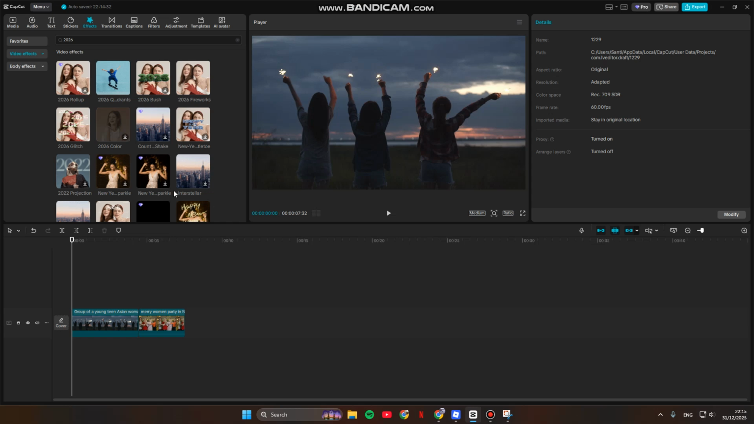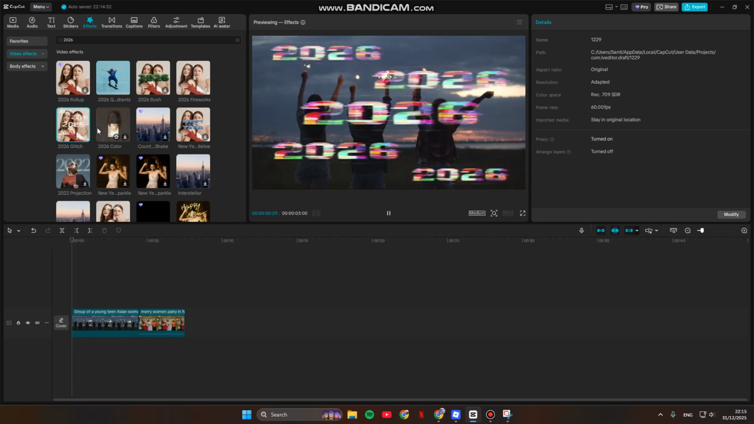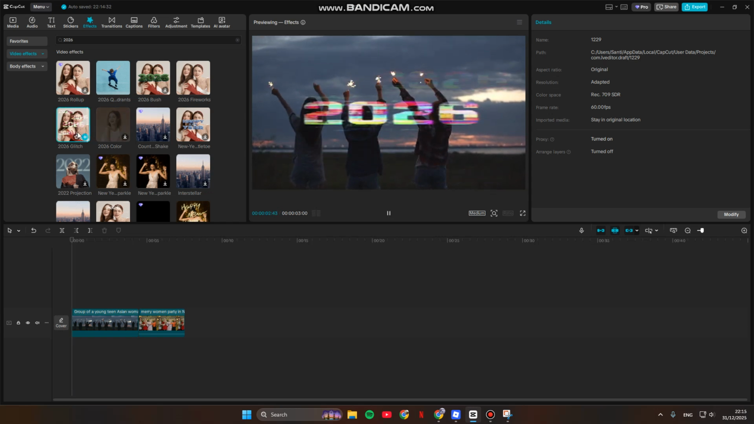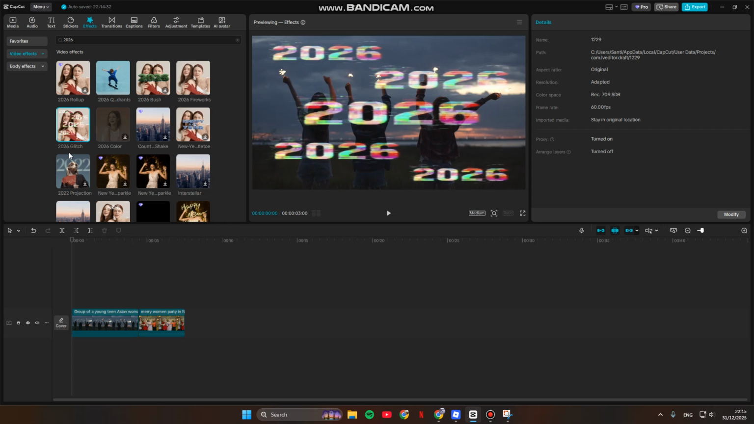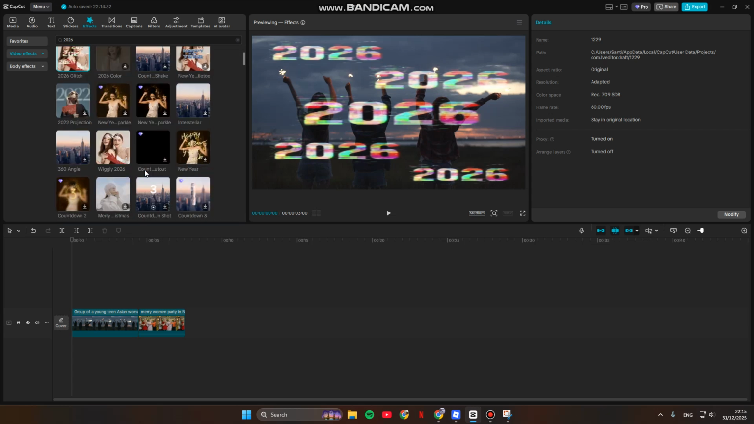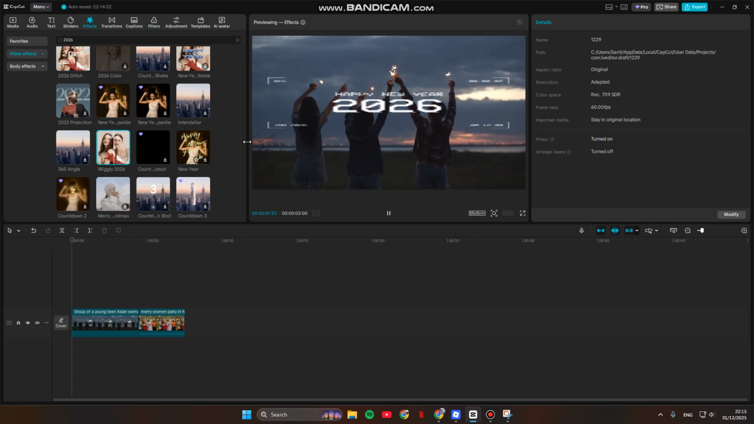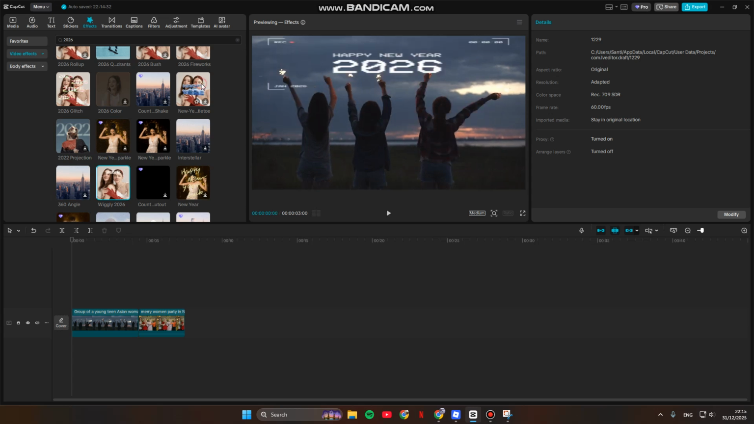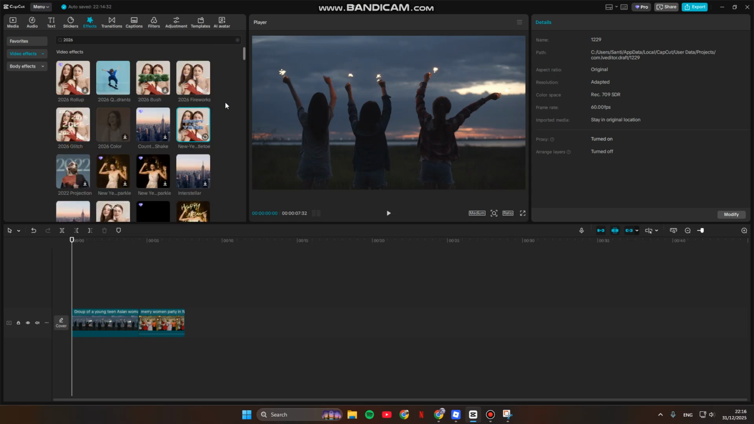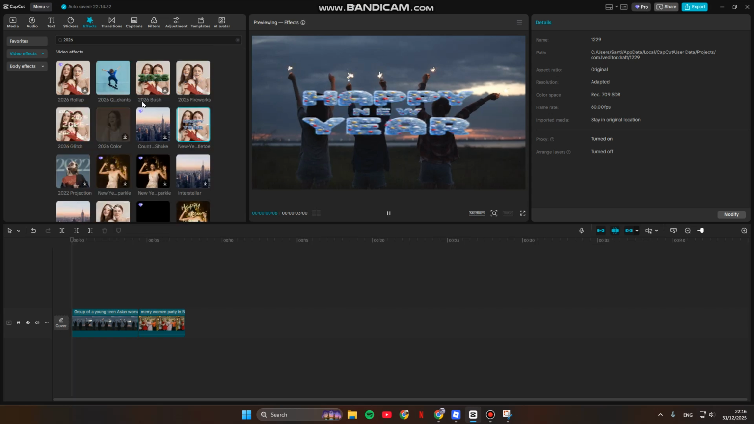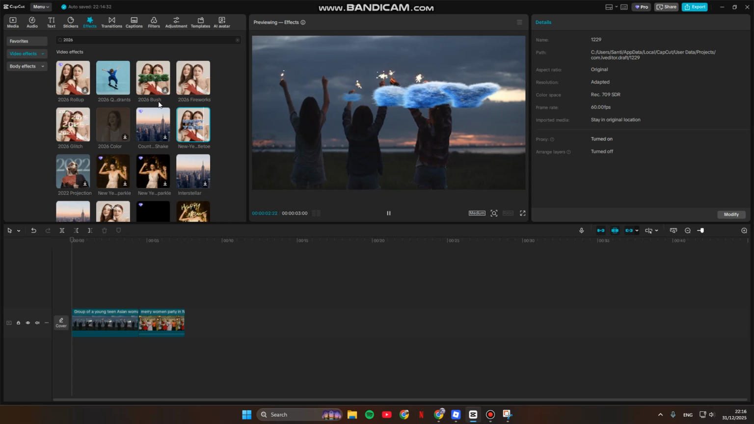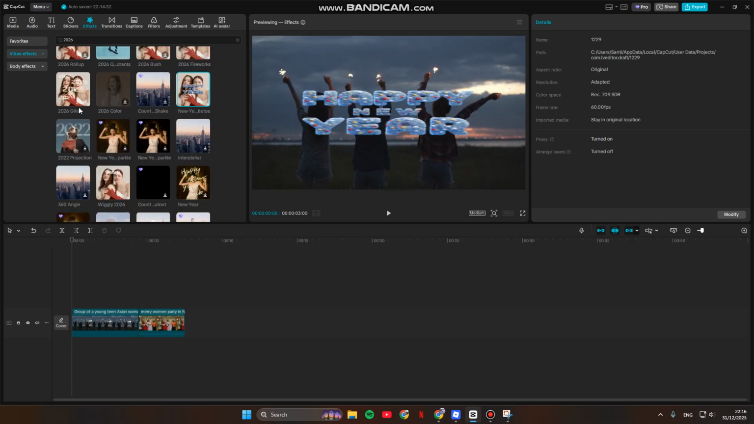The first one is this 2026 glitch. This is how it will look like. And there's also this wiggly 2026. This is how it will look like. And this one, the New Year mistletoe. So just choose which one that you want. There's also this 2026 bush. I think I'm going to just use the